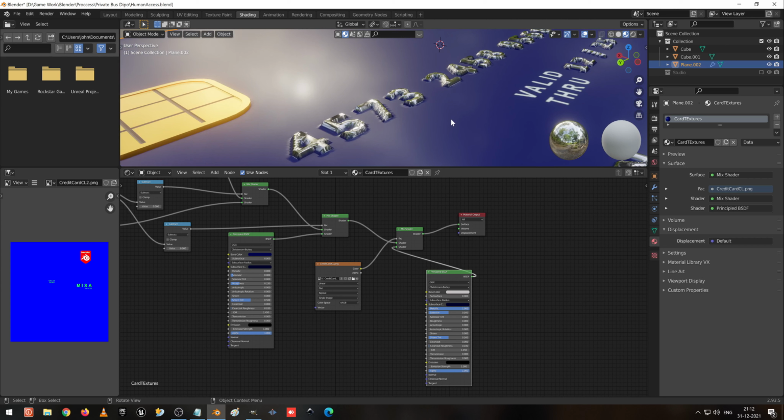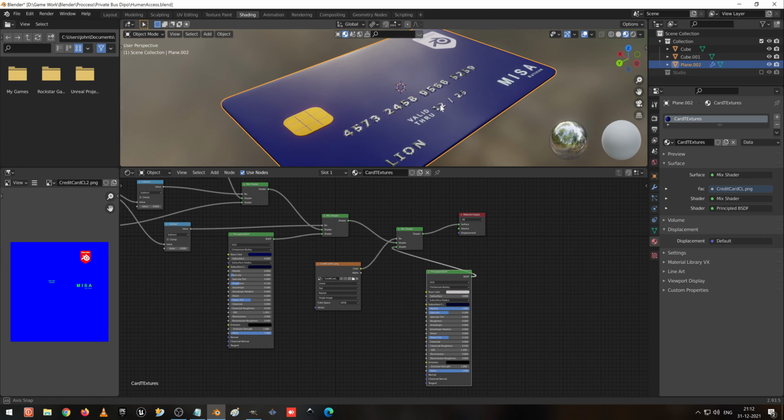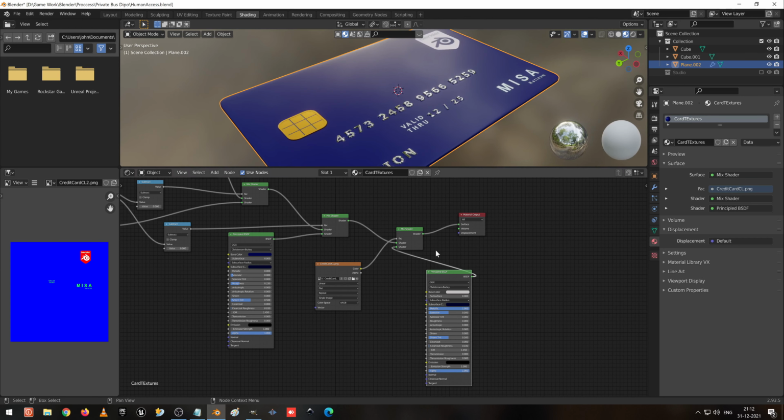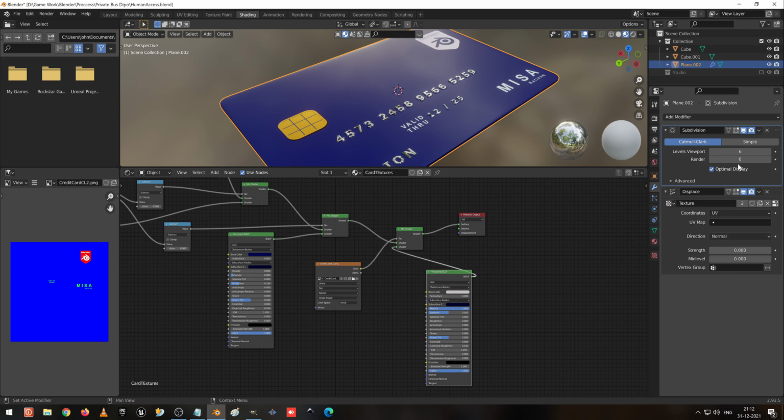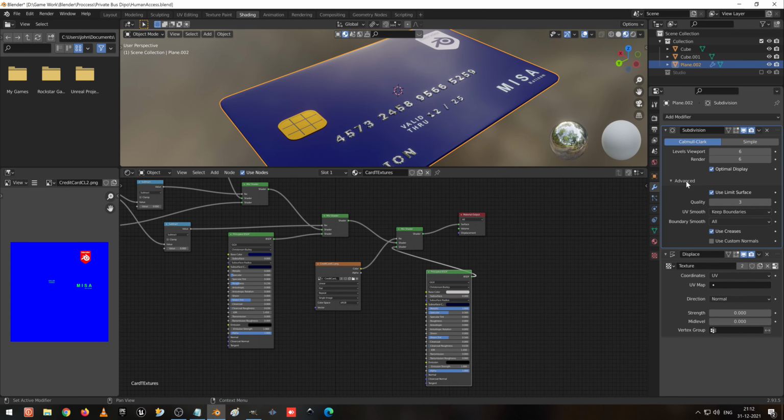It's getting shiny, but it's not very cool, I think. What is the reason? The subdivision we have given requires a little more for that. So quality I increase to 5.